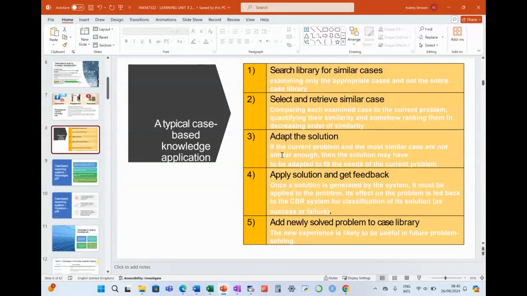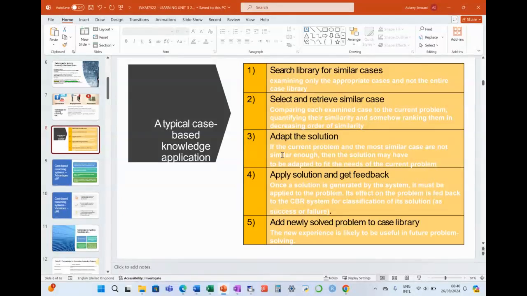Once we have agreed on the solution that we are going to apply to the problem, we then take action, and then we obviously need feedback to say, how did it work? Was it a good fit? What was the outcome of how we applied this? Was it a success or a failure? Okay, then finally,